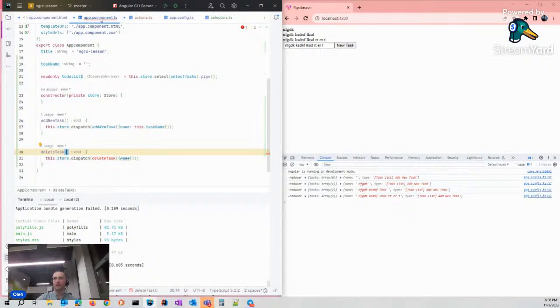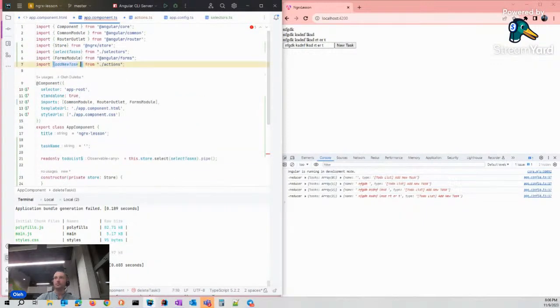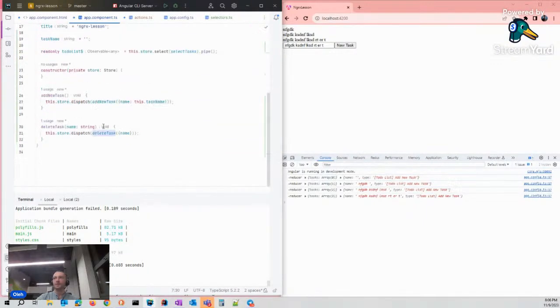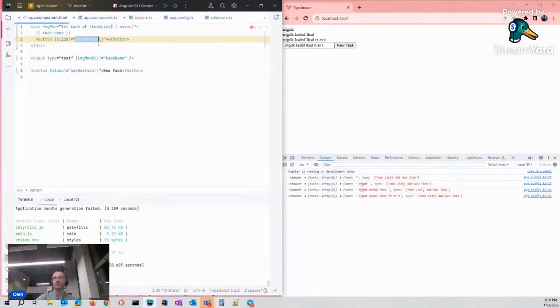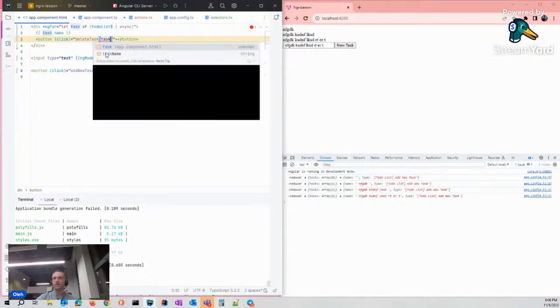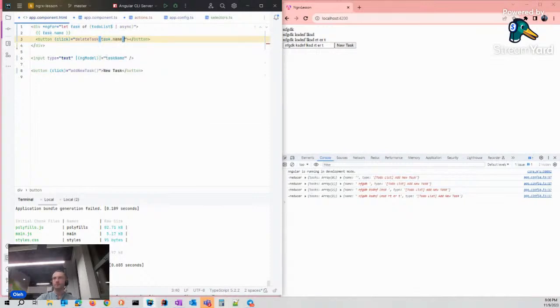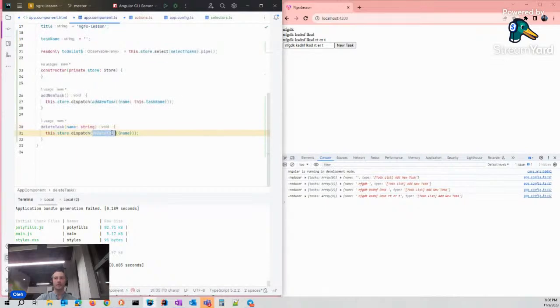We can get it as a delete task. And we have to pass this name from our template from here, task name. We have no other way to do it. Okay, delete, dispatch this action.